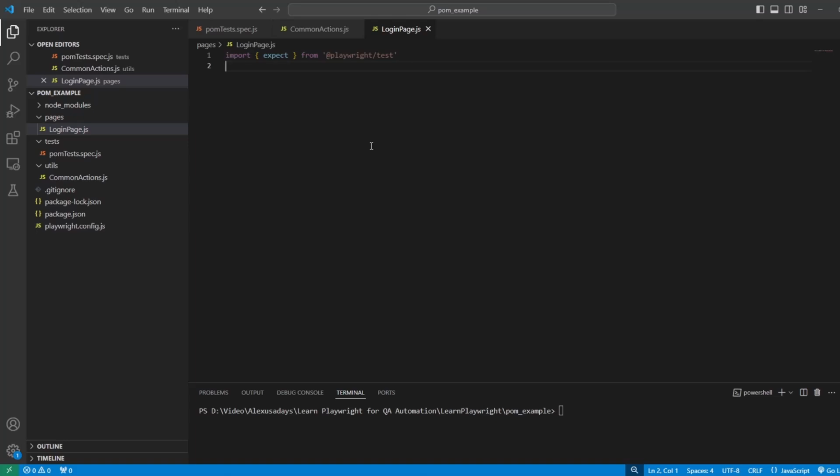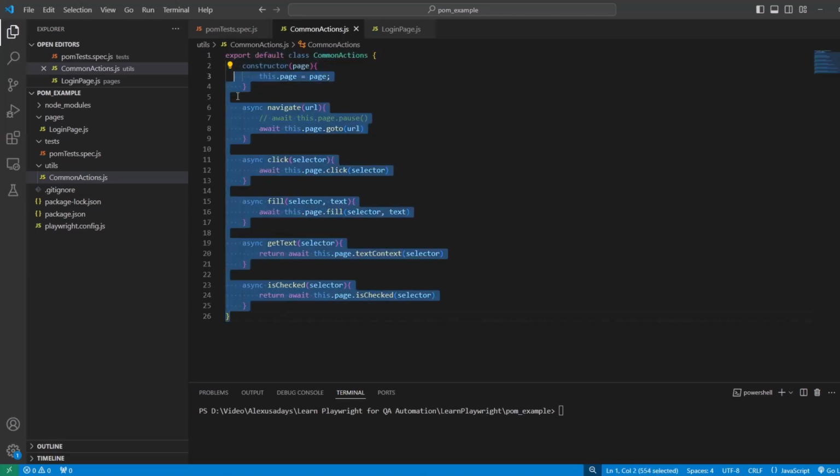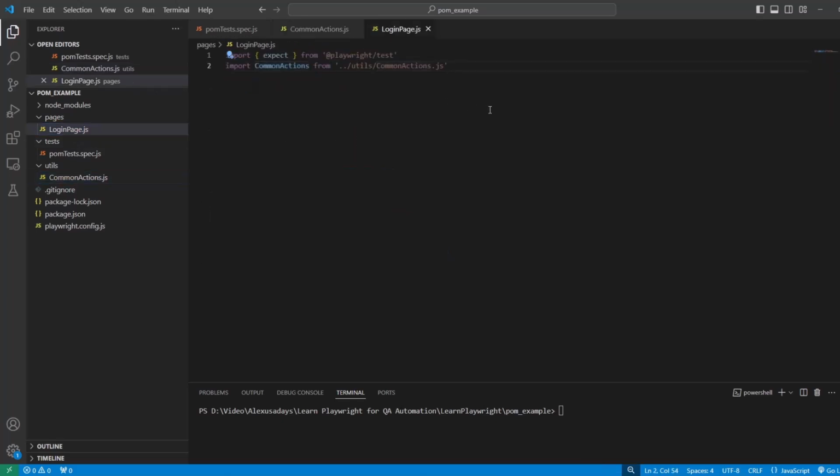Okay, and what else do we need to import here? Well, all the clicks, all the fills, everything, that would be coming from the common actions. So we want to say import common actions, and it autocompletes it for me. I just want to add .js here. So it will go to this file and grab all of those functions, making them available within this class, right? Okay, and the object itself now will be exported further,